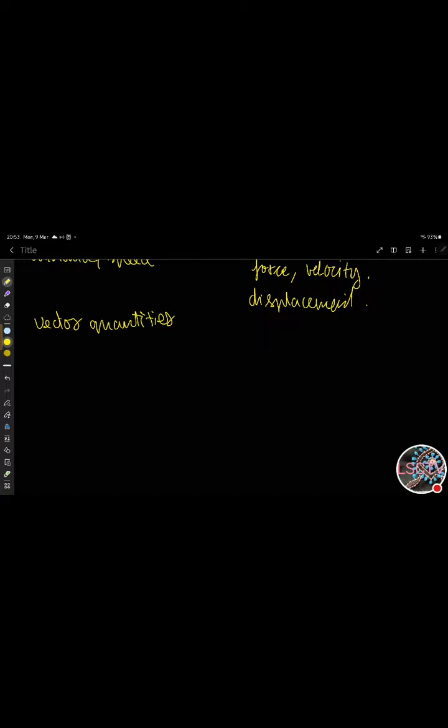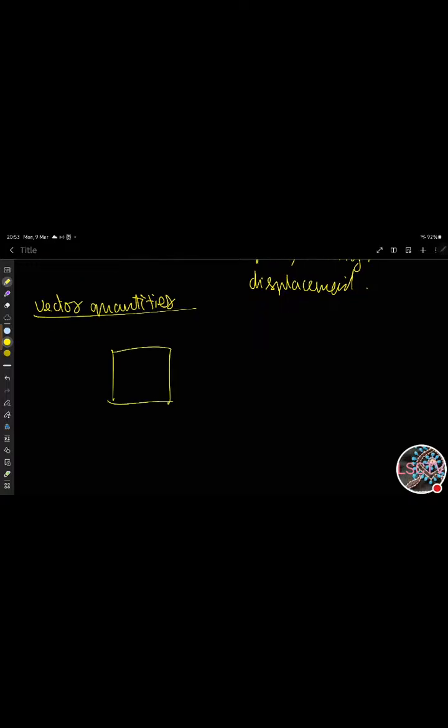Let's say you are an 8th grader. You have a body, and you are applying a certain amount of force on it. Let's say the SI unit of force is Newton. But I'm not discussing force now, so don't go deep into it. We'll discuss it when we talk about force and laws of motion.